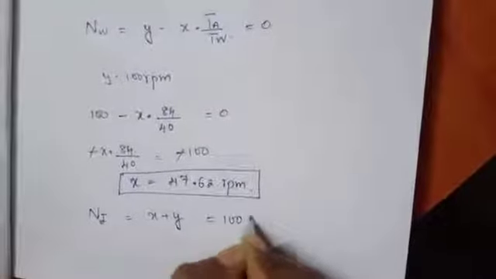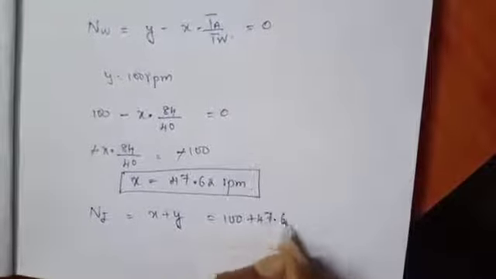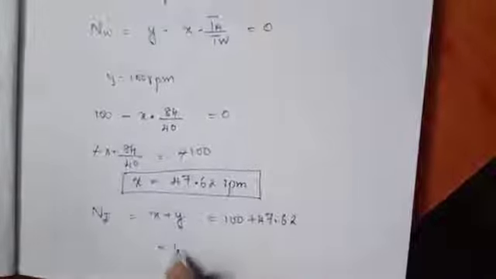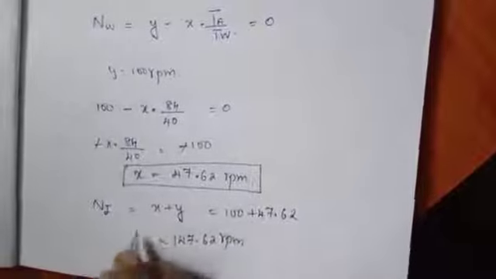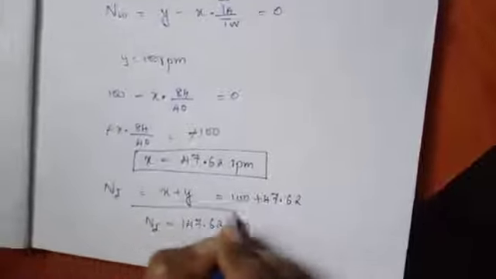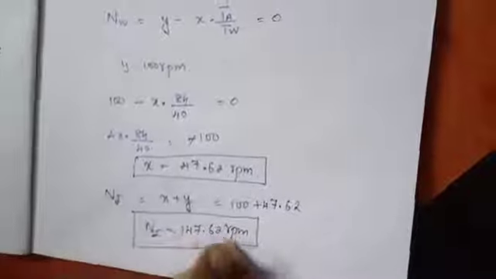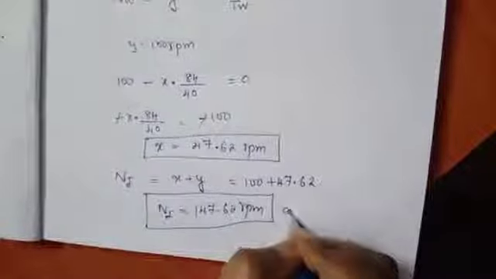So now the internal gear speed Ni equal to x plus y, that is equal to 100 plus 47.62. So you will get 147.62 rpm. So that is the speed of the internal gear. So with this the problem is solved, anti-clockwise. So the plus sign indicates that it rotates in